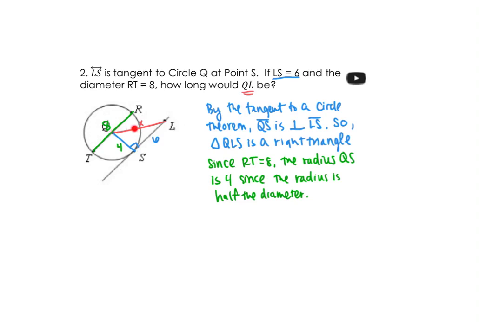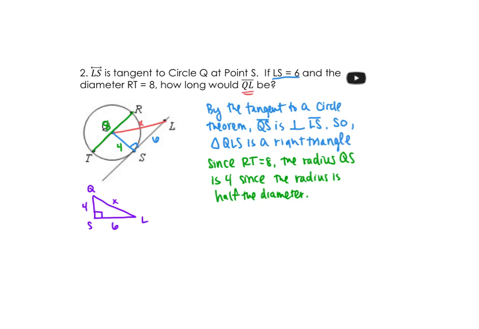So now to find the length of QL, I have my right triangle, which I'm going to redraw here. This is 4, this is 6, this is QSL. Now using Pythagorean theorem, I can solve for x. So in terms of explanation, this is what I would be looking for. You have to justify that this is a right triangle, which then means you can use Pythagorean theorem. And you should explain how you know that QS is 4, since that's the radius, and the radius is half